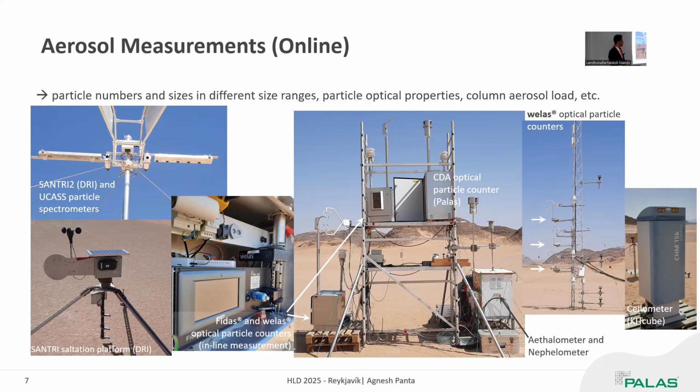You also have the cloud droplet analyzer that is mainly used to have measurements of giant and coarse dust particles, because these are also very relevant these days, because most of the climate models are not actually taking into account these giant mode particles. So therefore, it's very important also to measure the coarse and giant